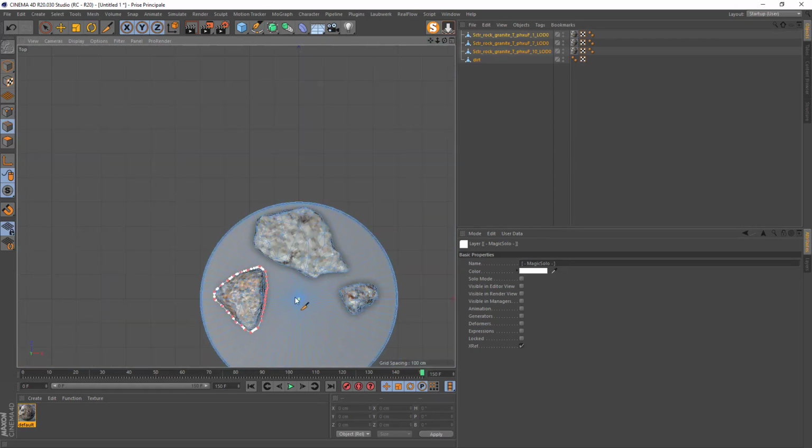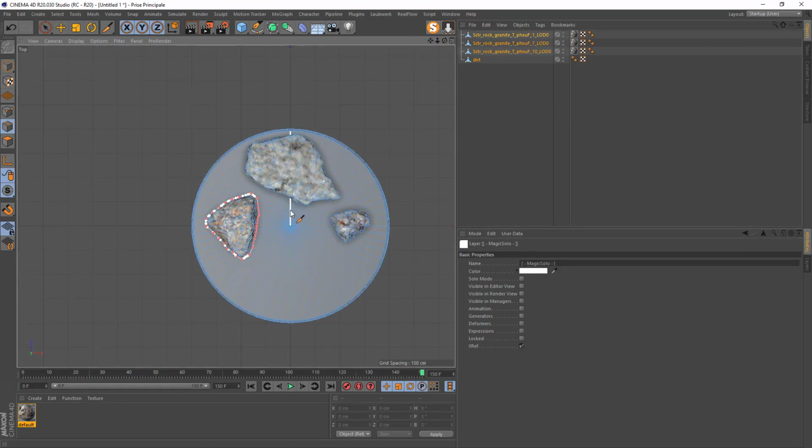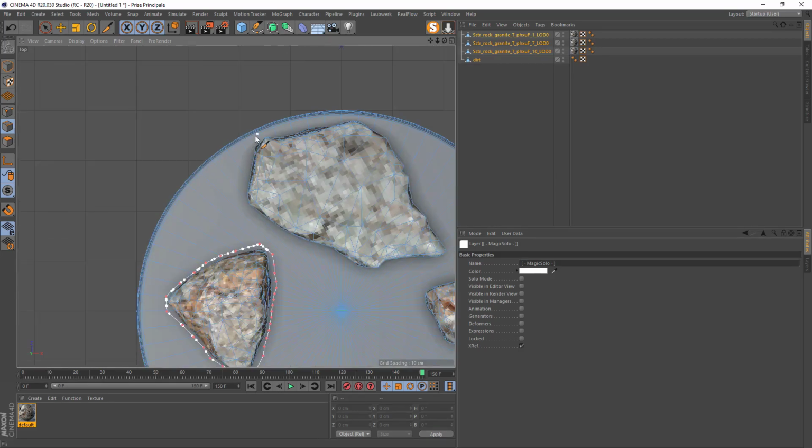So maybe for this one, because you see we've got our tree here, the tree is in the middle, and the camera will be down, you see there. So behind we are not going to see, so I think I will roughly just select like that. Even there we are not going to see it, so don't take too much time to do that.